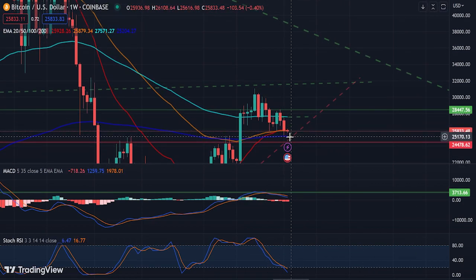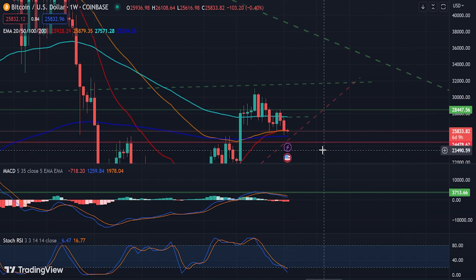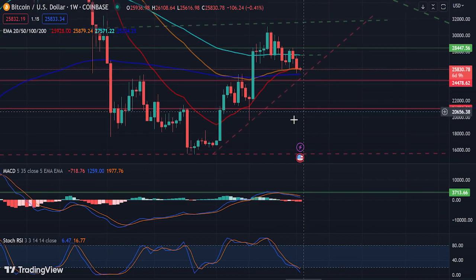But technically speaking, it could be at a level where it could have a bounce to at least as high as 479. Because this is near-term support right here, this trend line, as you can see, the trend line just kept going higher and higher. The support just kept going higher and higher.